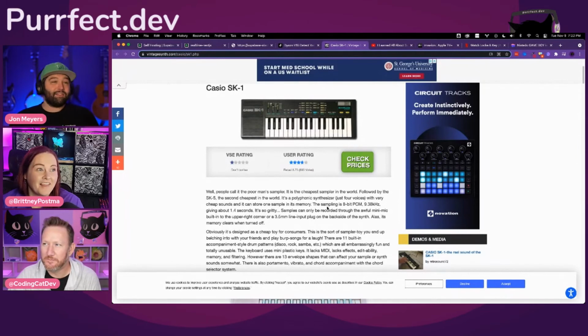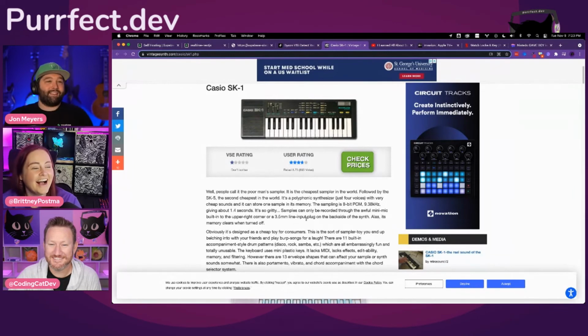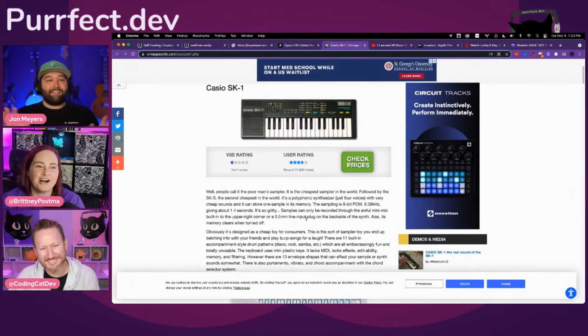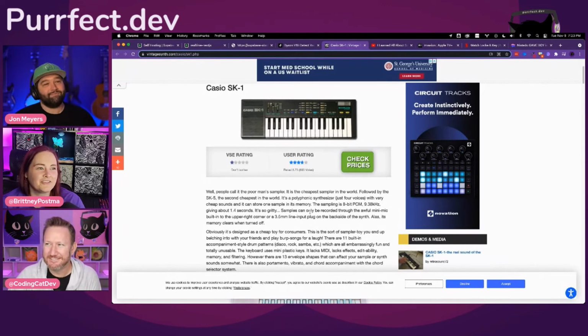She's only 2, she's 2.5, and she already knows how to turn it on, put it in the sampler mode, sample a thing, and then play the demo song, and then switch the demo song to being played using the stupid sample that you've just recorded. And it's just absolute noise and mayhem and sounds awful, but it's lots of fun. Hours of fun, so good for her. Yeah. So did you get this at a garage sale or you had one all this time?